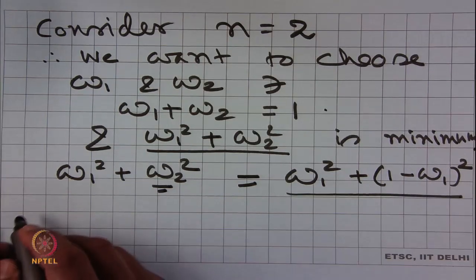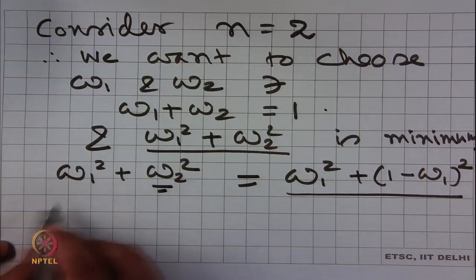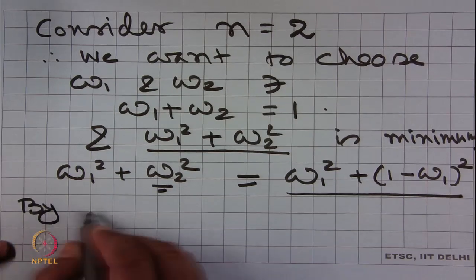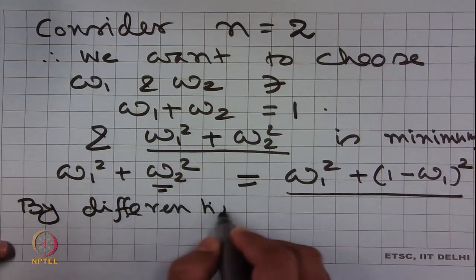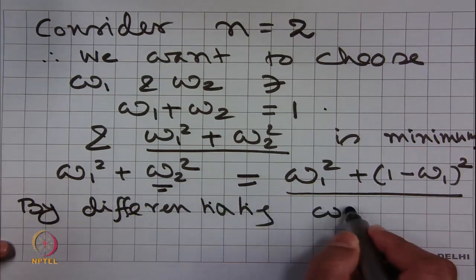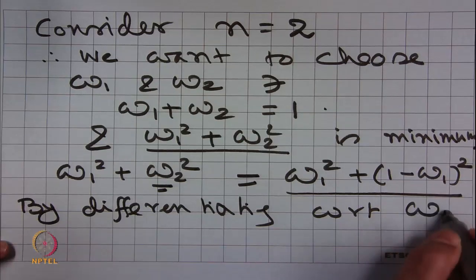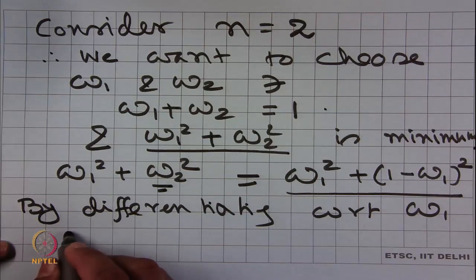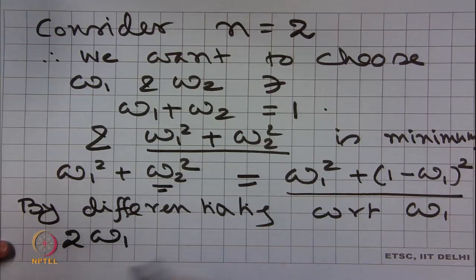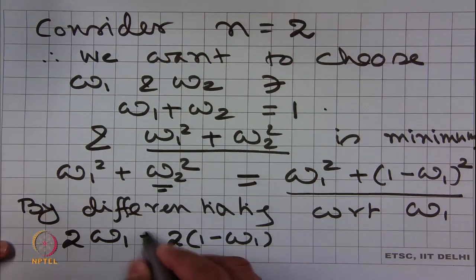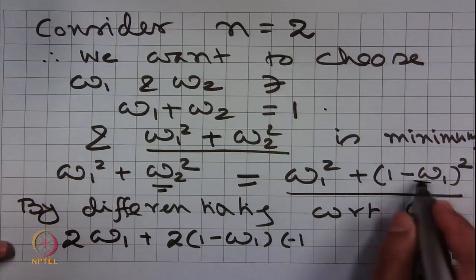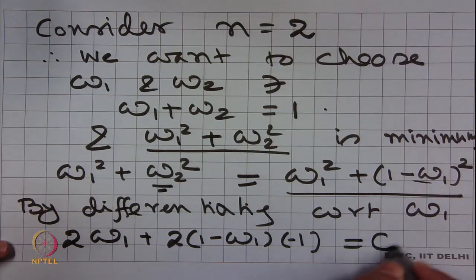In order to minimize this, let us differentiate it with respect to W1. What we get? 2 times W1 plus 2 times 1 minus W1 into minus 1, because of this minus sign, is equal to 0,